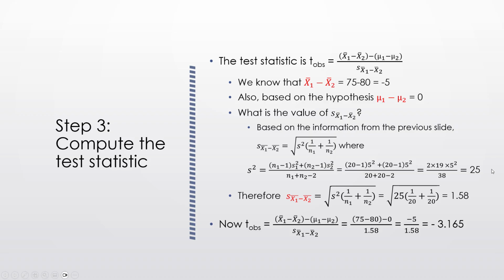In our example, the pooled variance is 25, which gives a standard error of 1.58. The observed mean difference is 75 minus 80 equals -5. The hypothesized difference between the two population means is 0. Dividing -5 by the standard error gives us a t-value of -3.165. Looking this up in the t-table, the probability of getting such a value, if the null hypothesis were true,